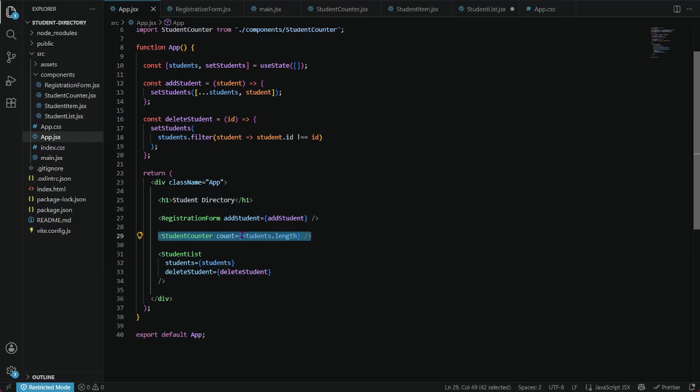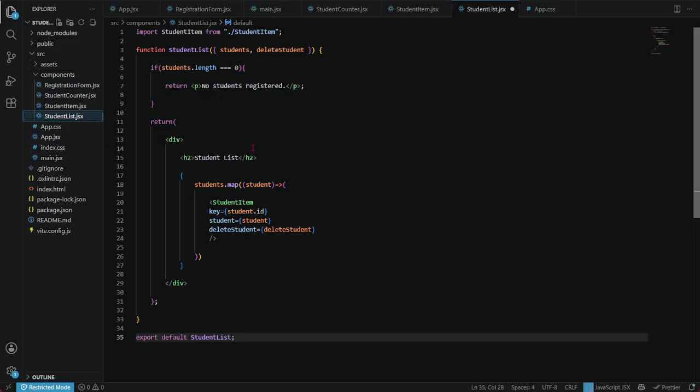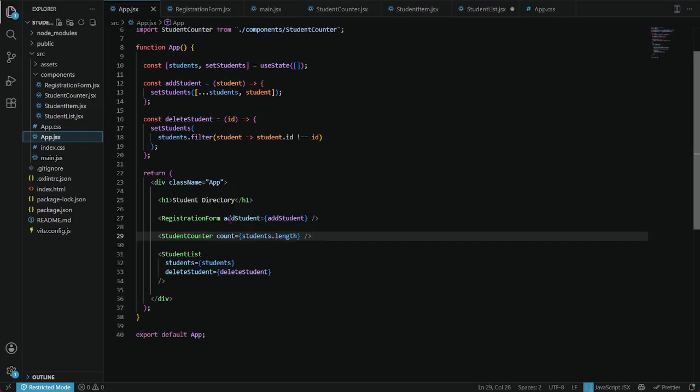So every time someone registers another student, it adds automatically to the count, this one. And then the student list, of course, the student.